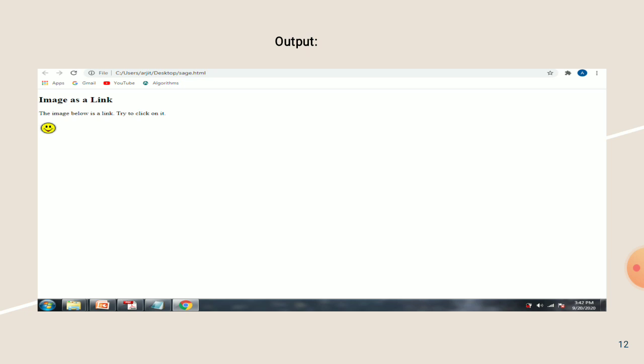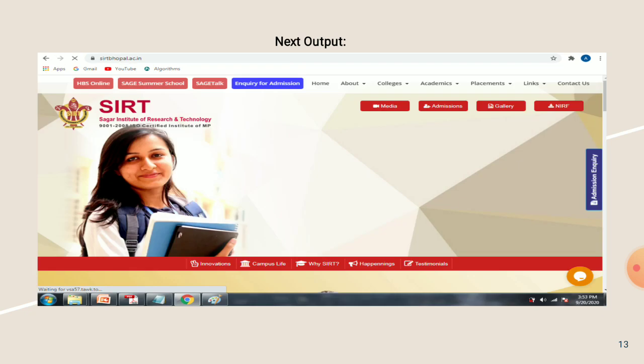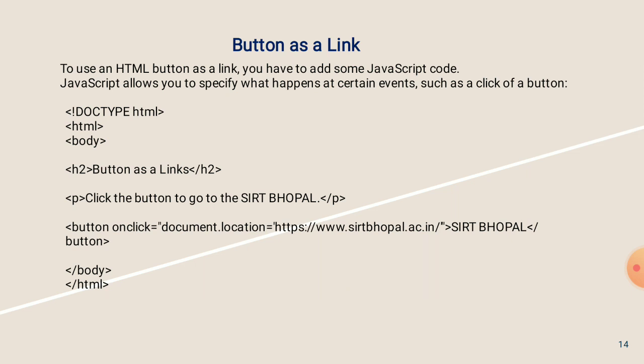So our output is this: when we click the smiley image, we go to the next page. Next is button as a link. We can easily use a button with a hyperlink in our HTML page.